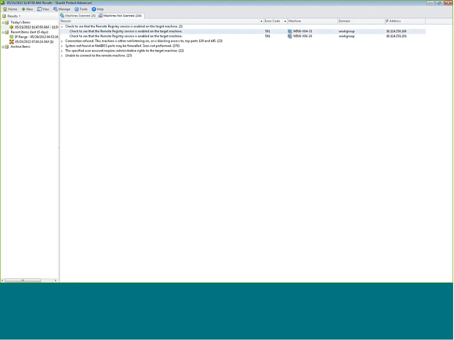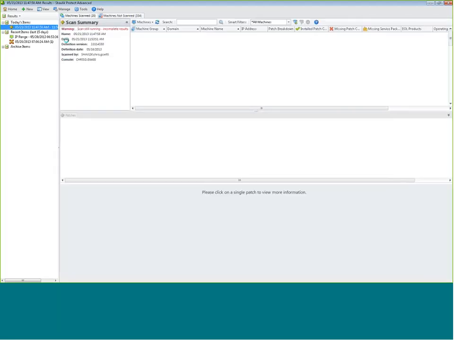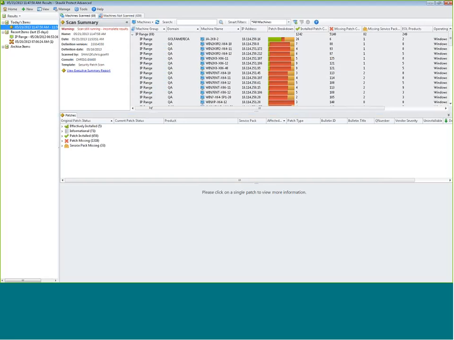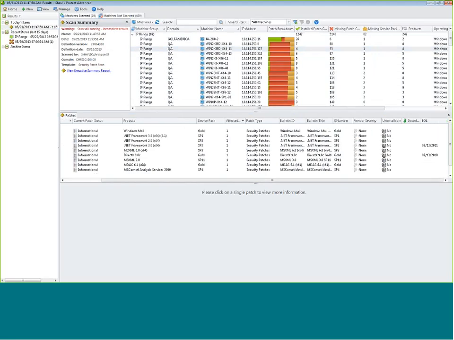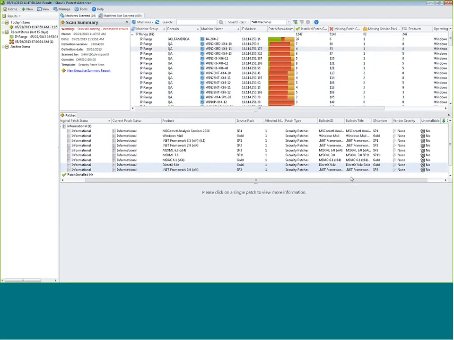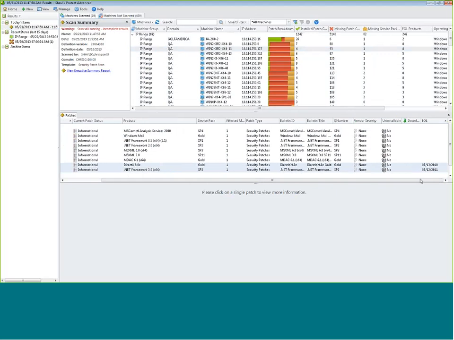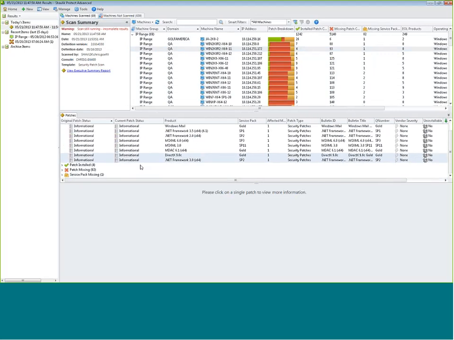End-of-life information, we showed you a little bit already, but let me show you a couple more things real quick here. So let's grab a machine with several products that have been end-of-life. So now you can see there's an end-of-life column for these, and I can see an end-of-life date for each of those products that exist on that machine. And if I go down into the installed and missing,